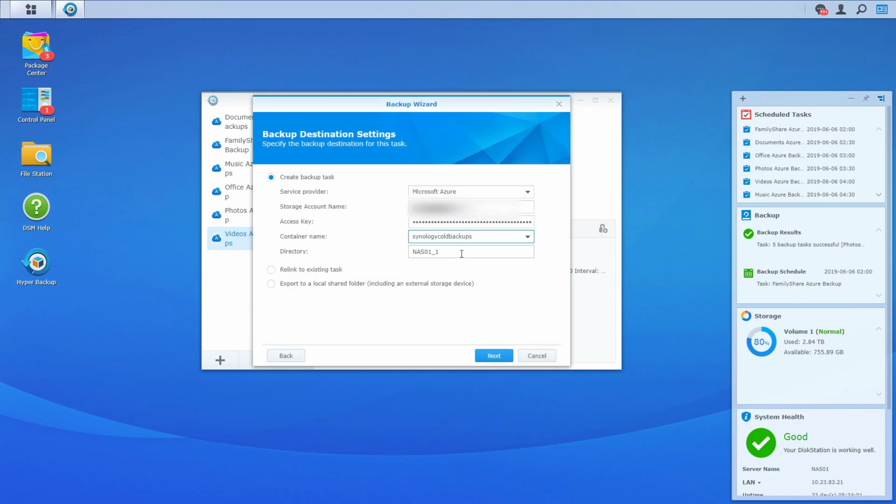By default, it will name the directory. You can go ahead and just name it whatever you want. In this case, I'm going to be doing a backup of my local Veeam backups directory, so you'll name it that. Then you select Next,